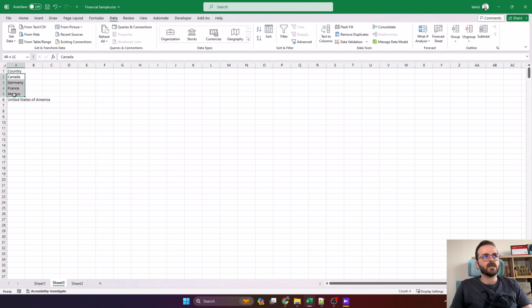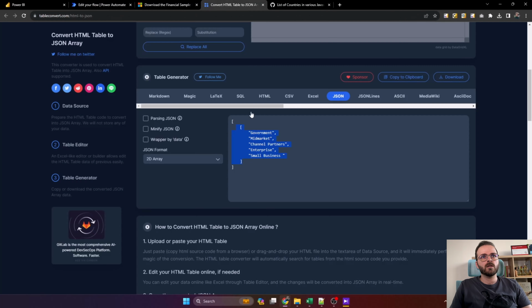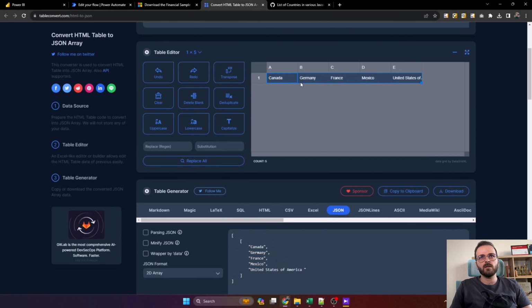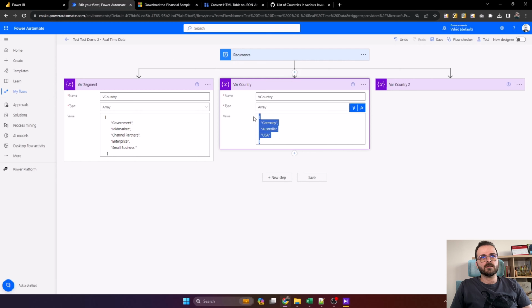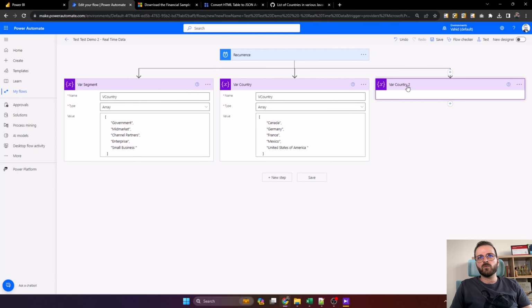Remove duplicates, and there are 5 here. Just make it a row and then paste it here. So that's done. Copy this one and paste it here. And for the other one, the last one, which is the product,